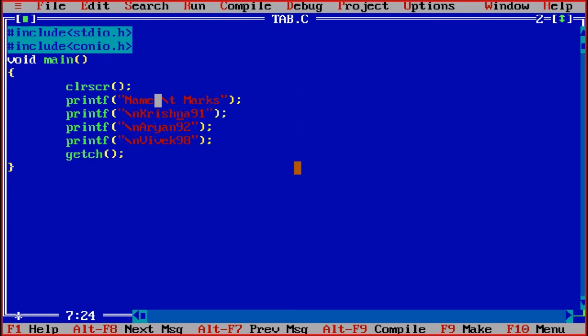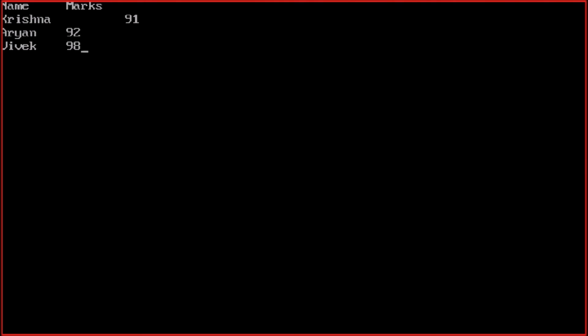Otherwise this space is not required. I can simply write \t, it will work. But it is a good method so that you and the person who is going to study your program will understand that you have placed the \t. So Control F9, now it automatically gives the tab spaces.